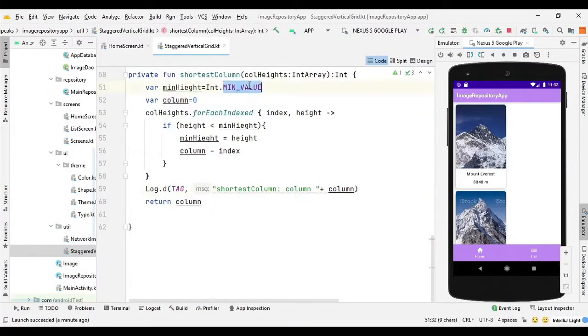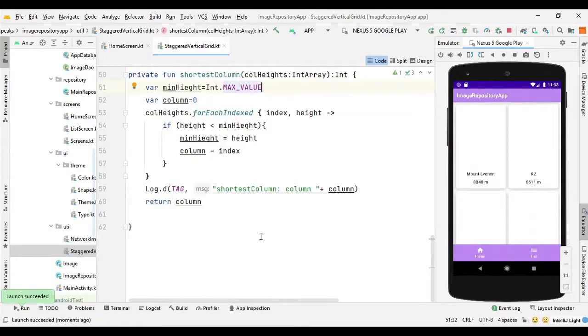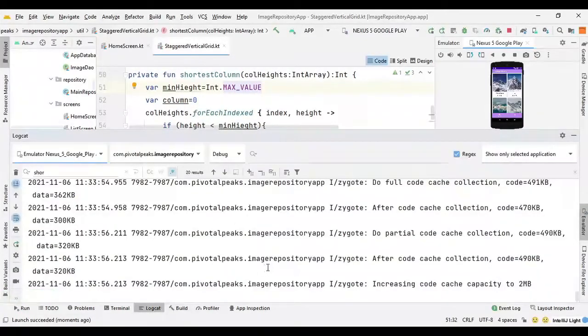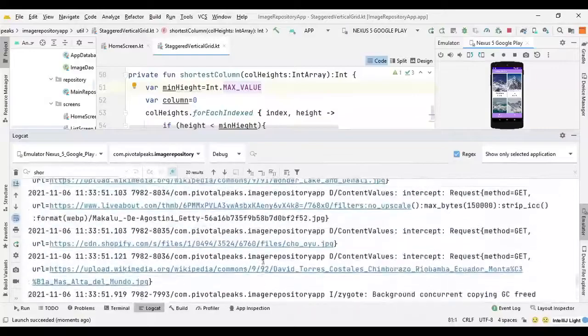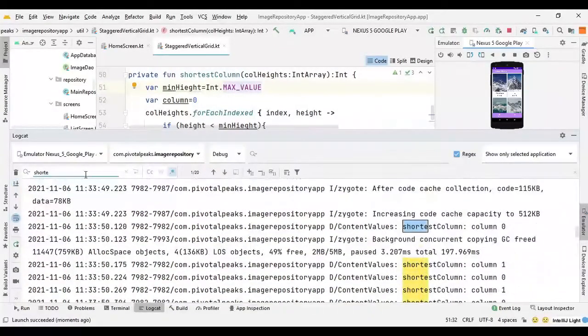So here we can say max value and then we can run it again and then we can log the difference. So now we are getting all the images properly in both columns. We can also see that in the logcat. We can just search for it.